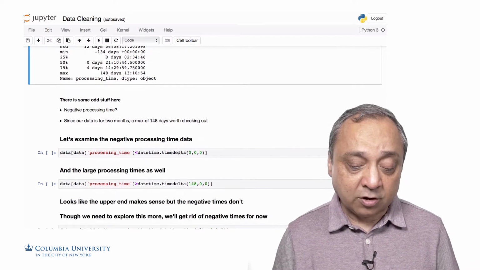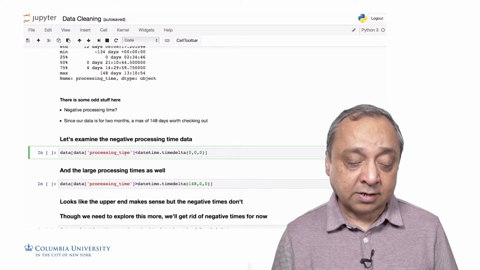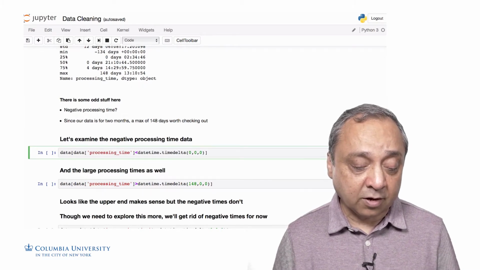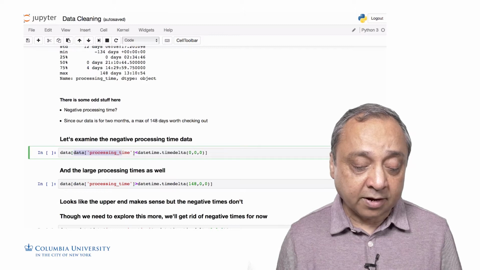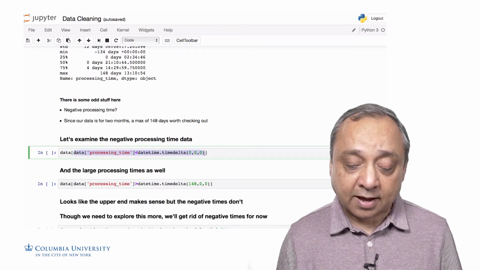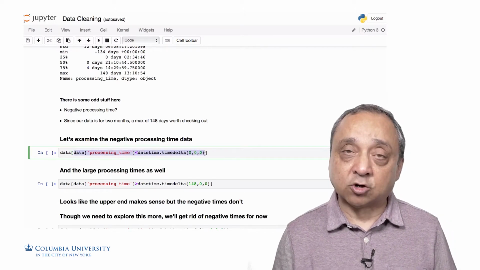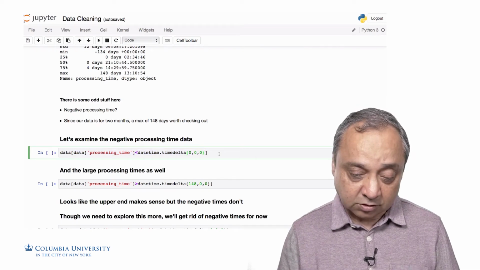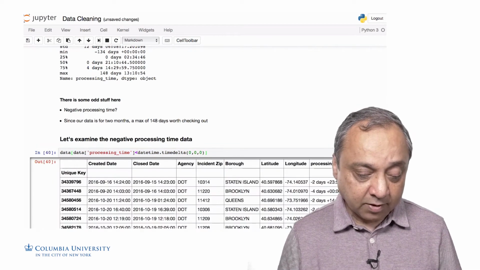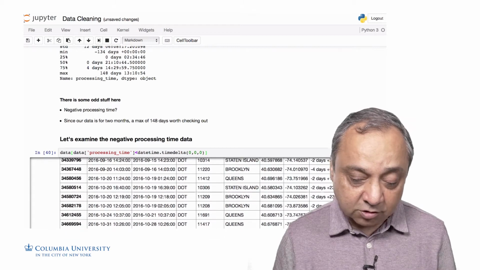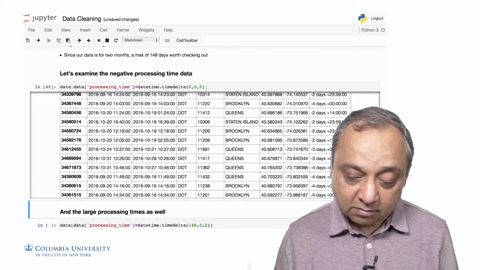So let's start by looking at the negative processing time, and we can do that very straightforwardly, again by extracting the rows from our data that have a time delta less than 0. That's all the negative stuff. So let's take a look at that, and we get this here, and we find that this is very confusing